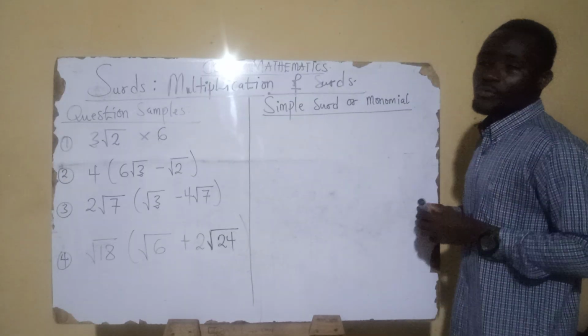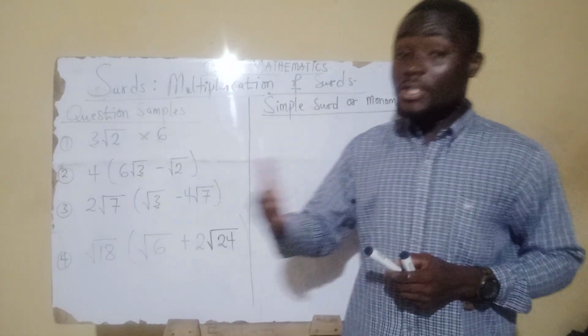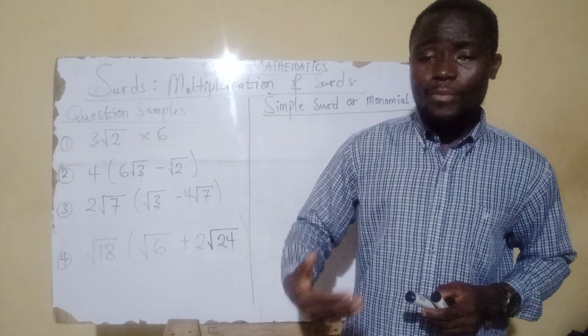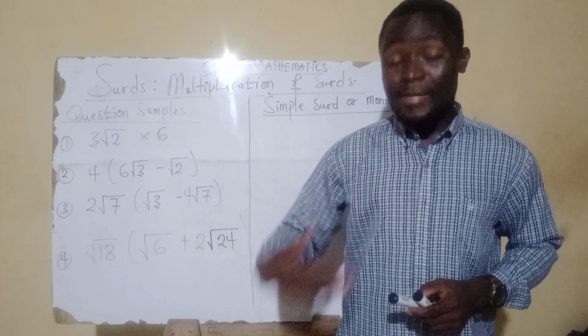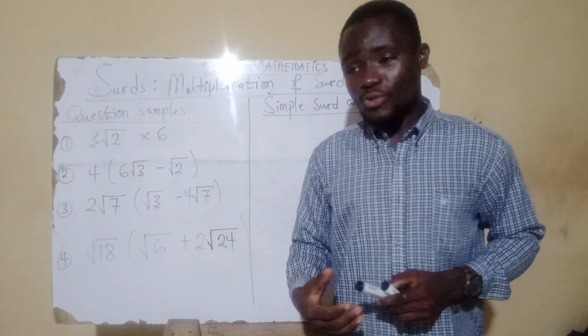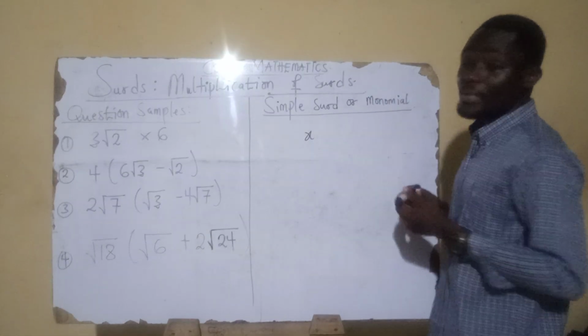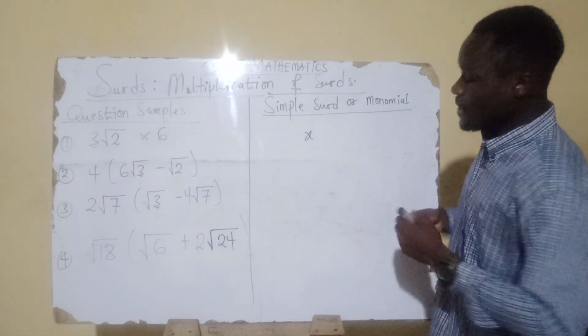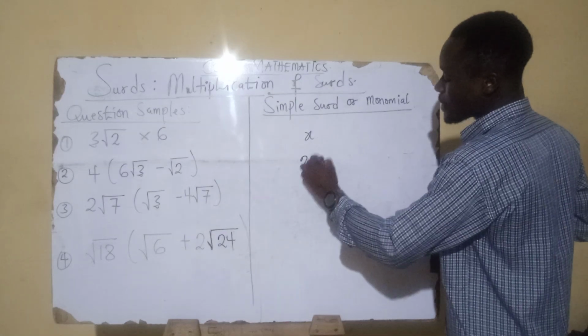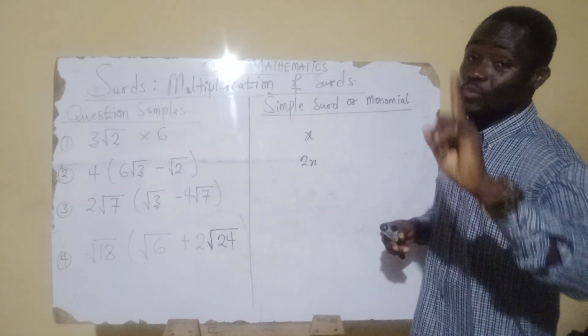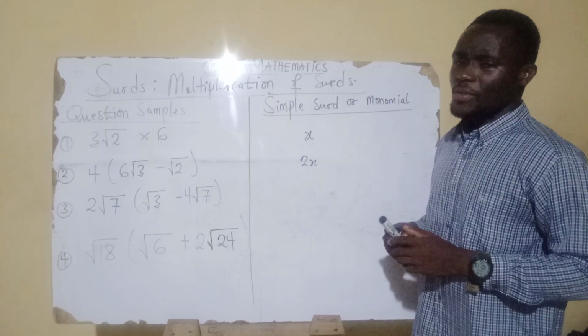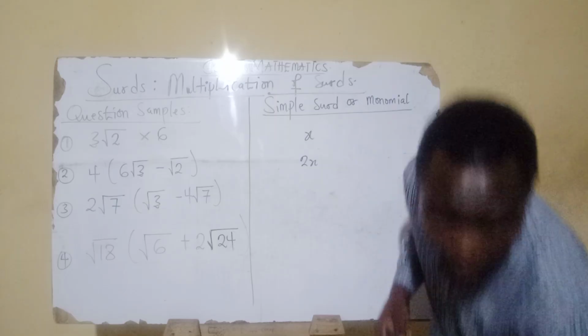In algebra, there is something we call monomials and binomials. If I have something like x, this is a monomial, it is what? Monomial. Now if I have something like 2x, it is a monomial because it is what? Monomial. I believe you are following. Very good. In the same manner, if I come to surd,